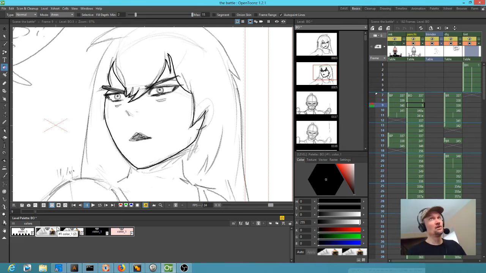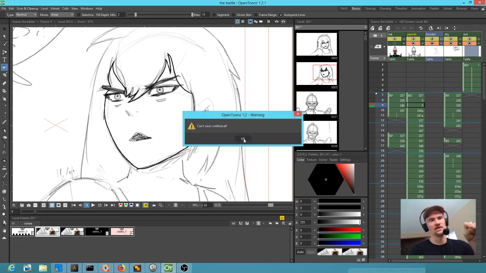Now it's possible. The OpenTunes project files are text files, so you can open them up in an editor, and it could be that if I search carefully, maybe there's a way to just change the text to map all of these lines for this level to this palette entry instead of this palette entry. I think that's probably possible. I don't know why it wouldn't be, but the reason it wouldn't be is if OpenTunes actually